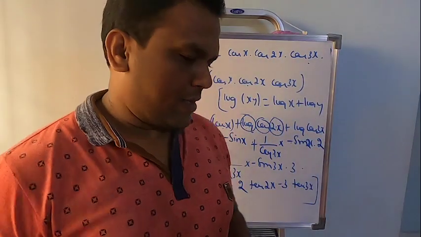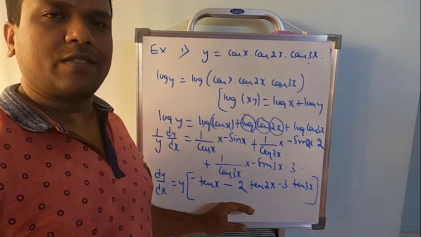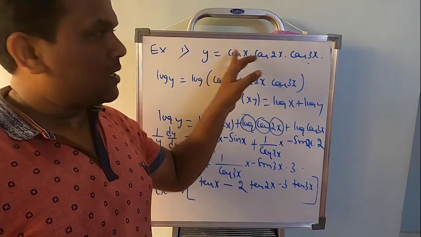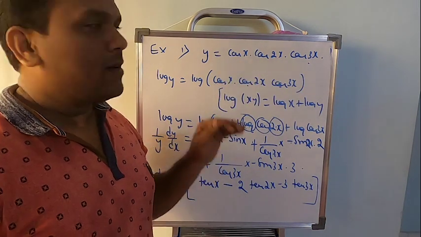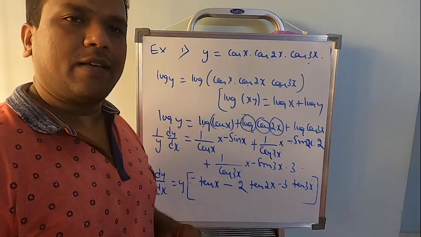Okay students, let's move to the next problem. So I hope you understood what's the advantage of applying log for this problem. So I explained the 3 methods. You can go for UVW, otherwise go for the formula of cos A cos B, otherwise go for applying log and then differentiating. You will get the answer very easily in this method.